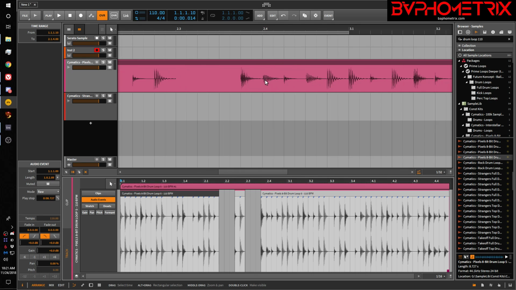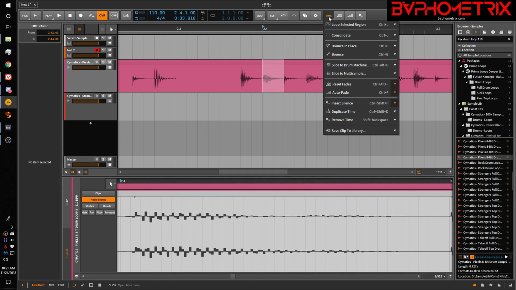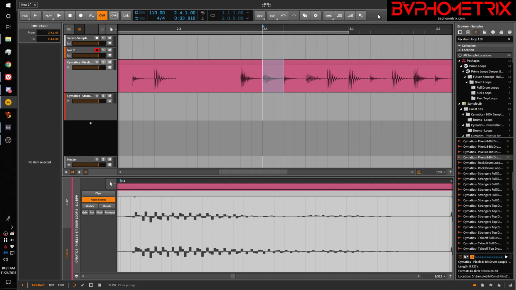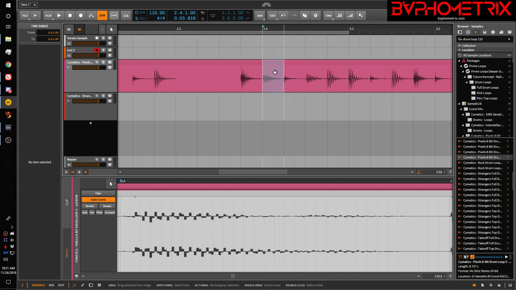Let's zoom in a little bit on this one hit. If I select that one hit, there's no reverse. See, there's no reverse for that selected set of time. There's nothing here, edit. See, there's no reverse. That's because you don't reverse a portion of a container. You reverse the events inside that container, inside that clip. So I hope you're getting the point by now that a